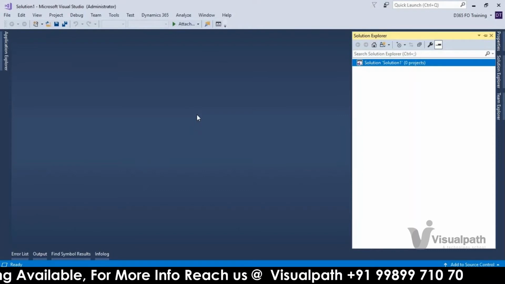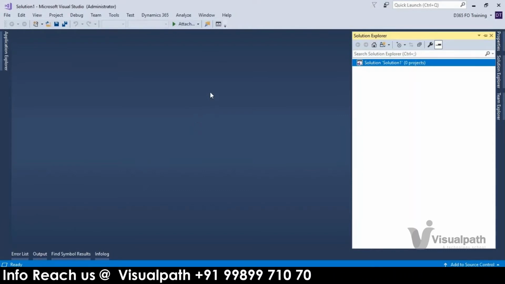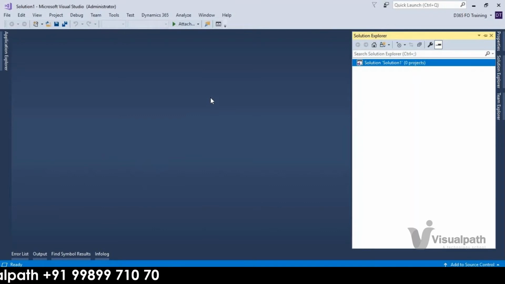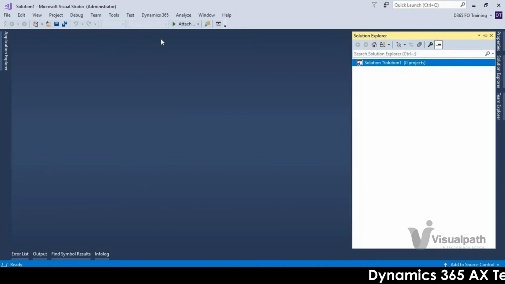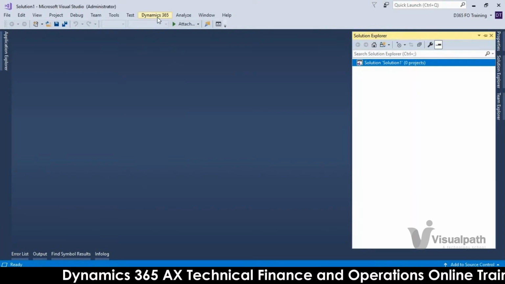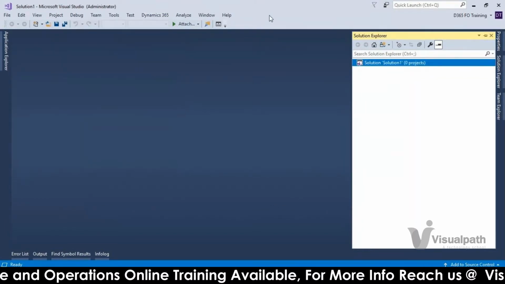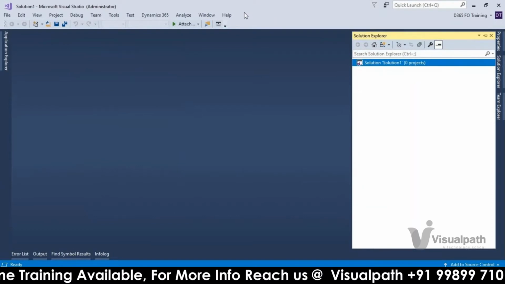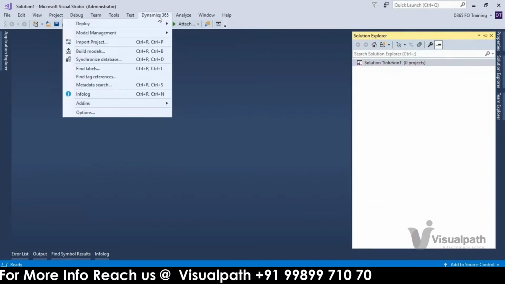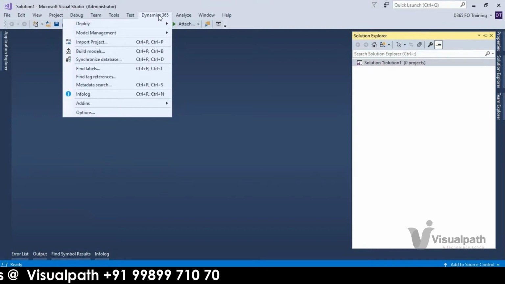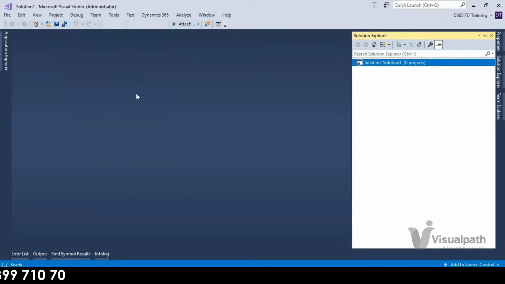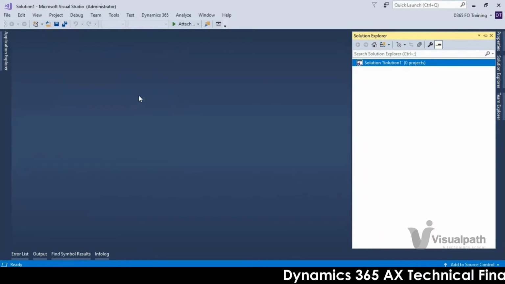So when we deploy the project through Visual Studio, will it be synced to LCS or Azure DevOps? Deploy project through Visual Studio means, we are having the project in Visual Studio. Yes, right now you are seeing my screen. We created some tables or some forms, and we deployed that. But how do you deploy it to LCS? That's what I'm asking. Through AOT? No, you cannot. How can you deploy the project?